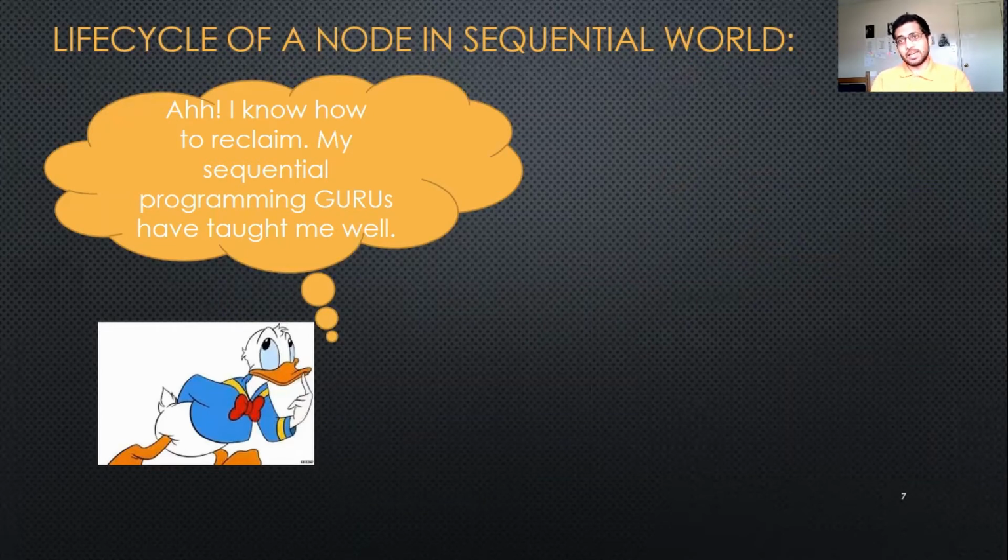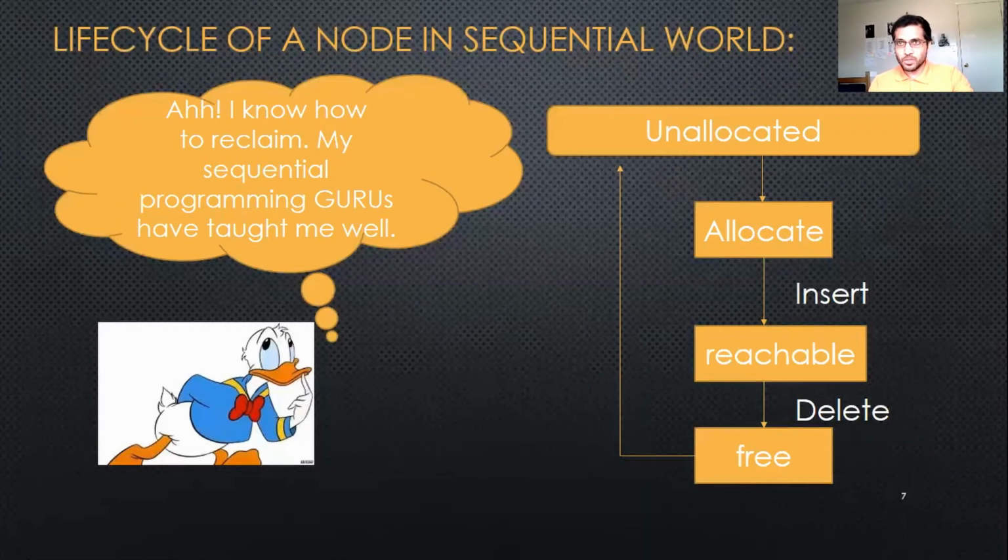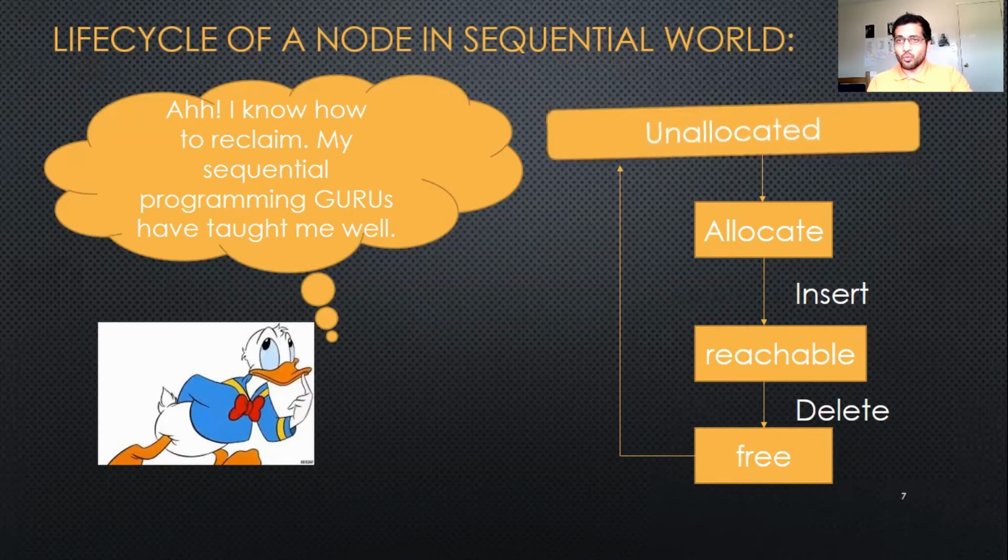But unfortunately, his understanding of reclaiming memory in concurrent programs comes from the sequential programming world in which he was trained. His idea of reclaiming nodes in a concurrent program comes from the sequential world, where the life cycle of a node is thought of as follows. Initially, a node is in the unallocated state, and when it is assigned memory, it enters the